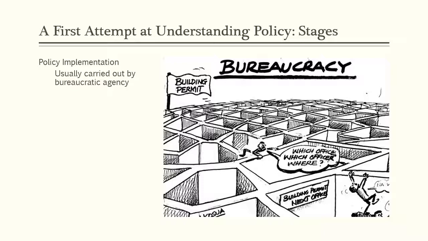Oftentimes, policies are adopted in a way in which it's left up to experts within the bureaucratic agencies to try to figure out the technical details about how to structure the government program. In other words, say the legislature, as they're passing a bill, feel like they don't have sufficient technical expertise to write down all the fine details into the law. So they basically leave it up to the bureaucracy to figure out those fine details. So that can have a huge impact in terms of how a policy is actually carried out in the real